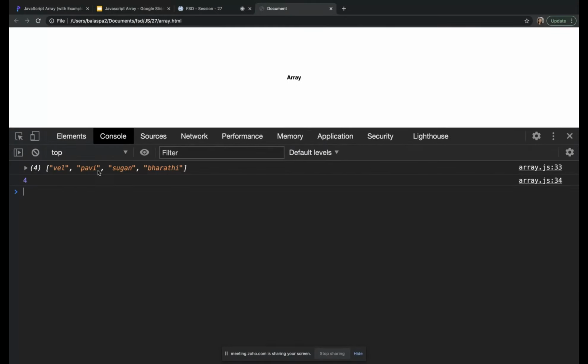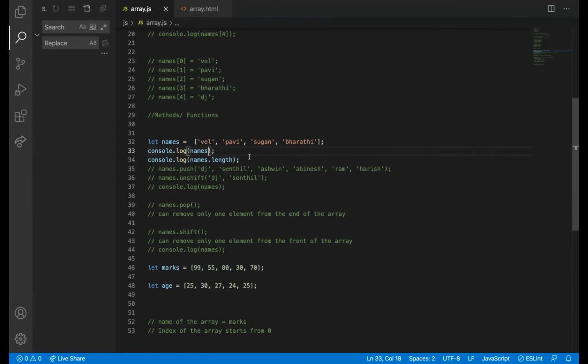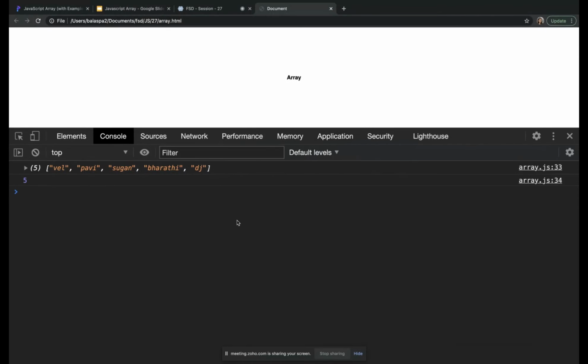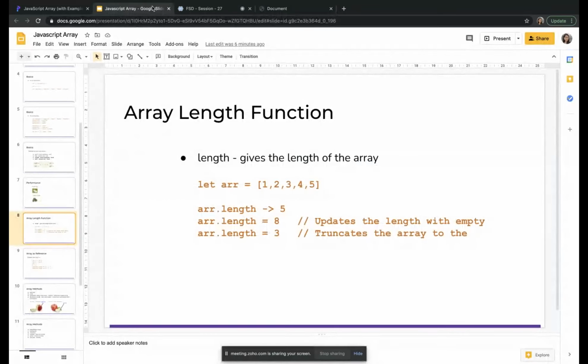The length of this array is 4. It won't count from 0, 1, 2, 3 and all. Count starts from 1 only: 1, 2, 3, 4. 4 elements are there. If I'm adding one more element here, it is 5.